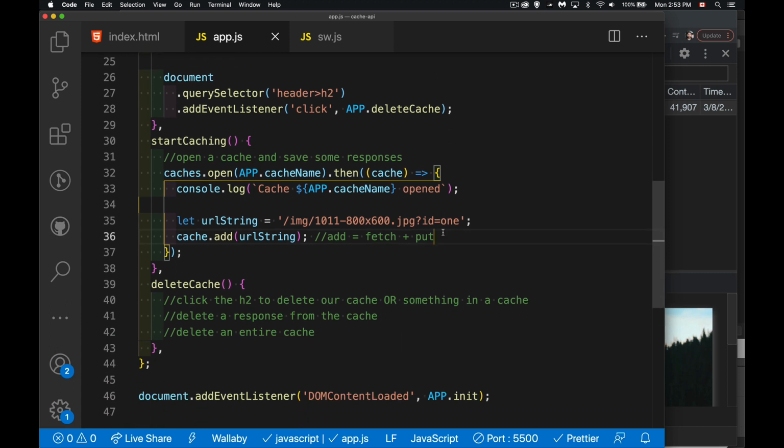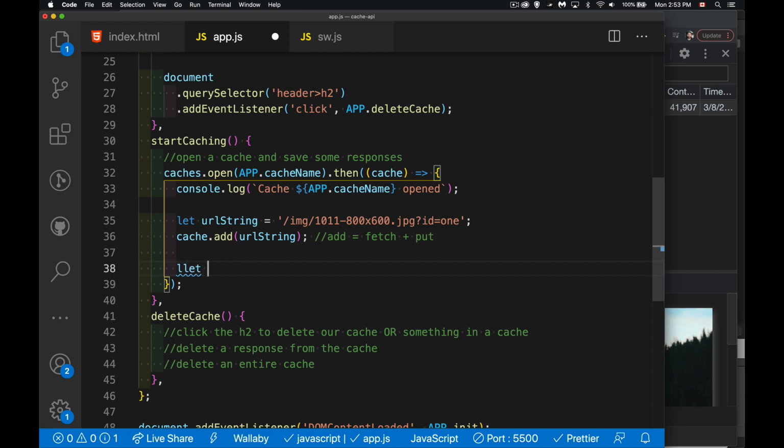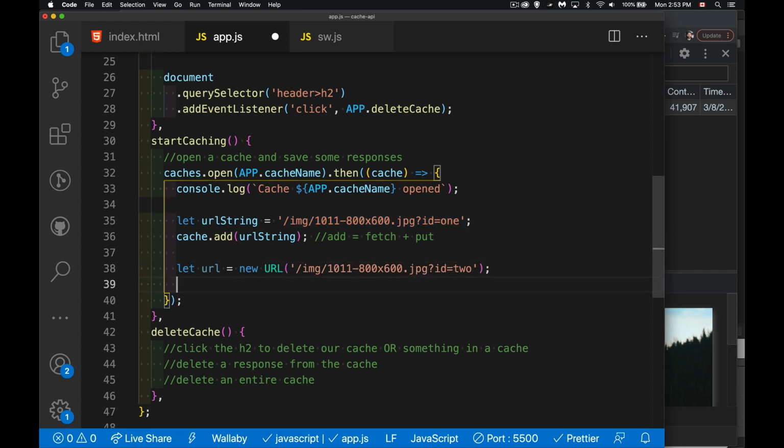Now, we did this one with the URL string. We could also create a URL object. It's going to do the same thing. So if I did that, I'm going to take this string, put it in here with a slightly different query string. This becomes a brand new resource. It's like it's an entirely new file. I'm creating another entry inside of here. When I save it,